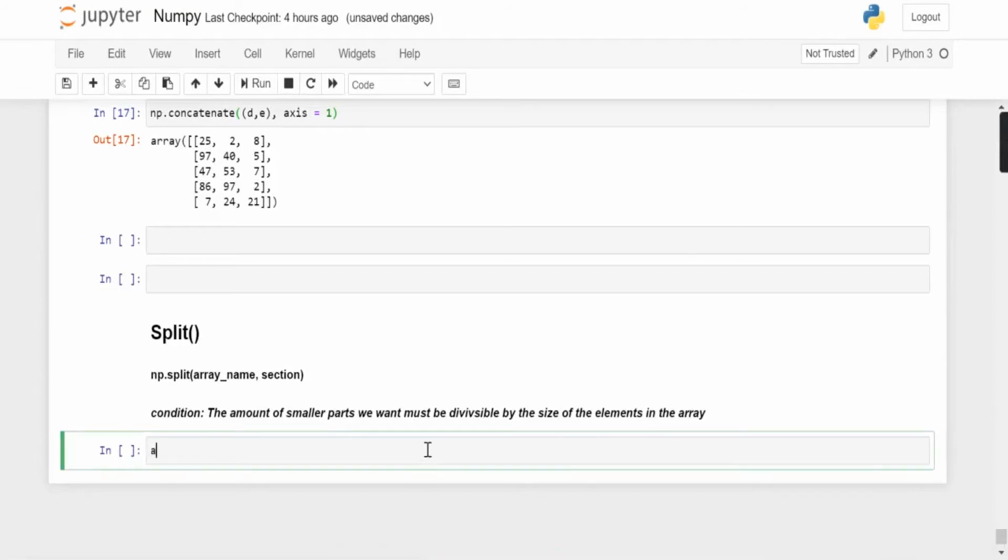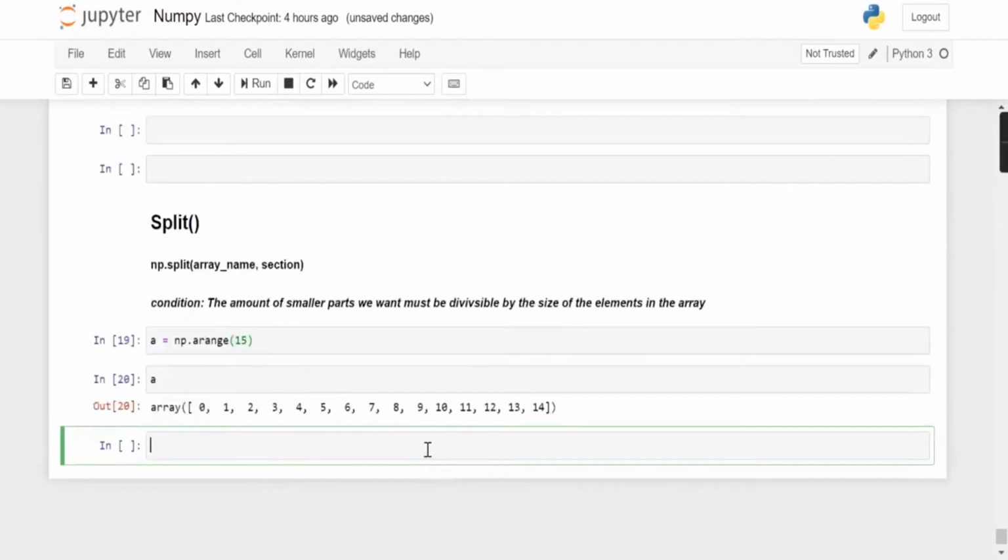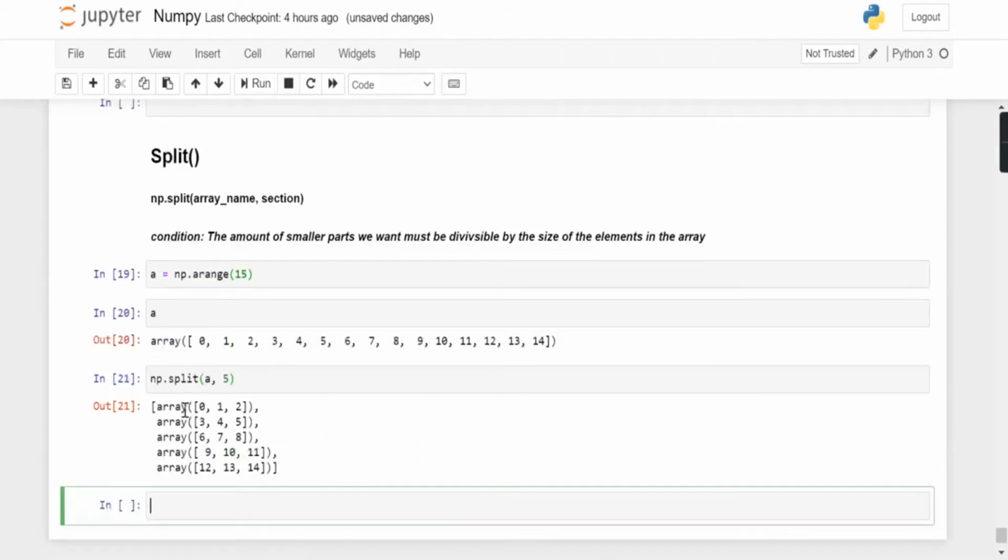Let's create an array A with np.arange, and I take 15 elements, and now I want to divide these 15 elements into 5 groups. For that I use split, np.split, and here I will take the array name, that is A, and the section, I want 5 parts, so 5, and when I run it I get 5 arrays.